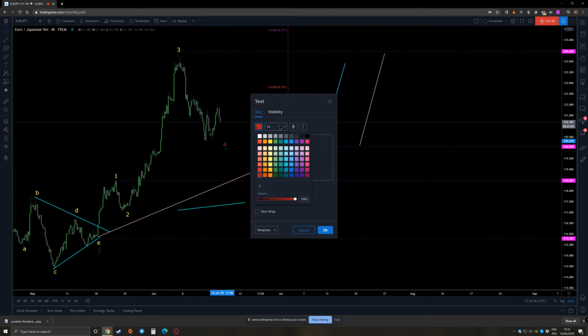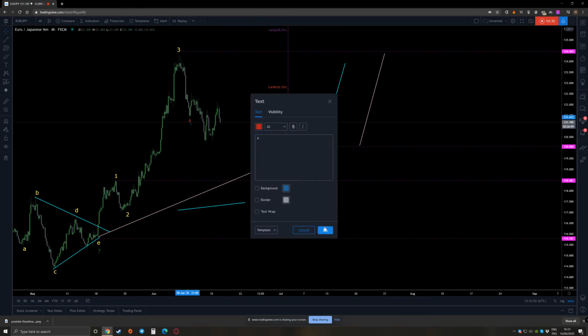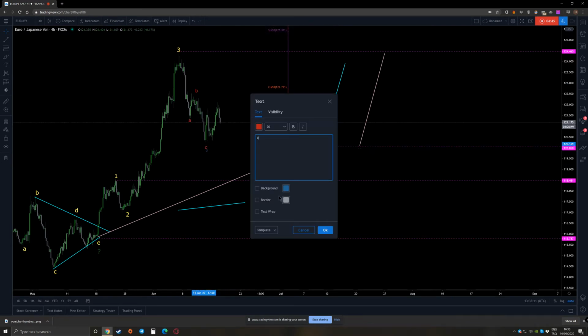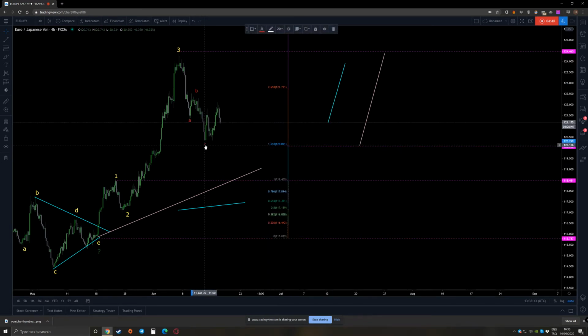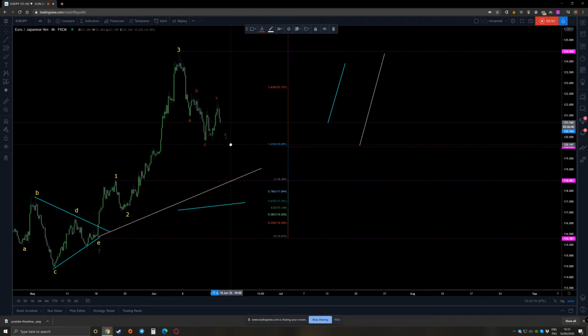So in one lower degree, now we should try to identify this fourth wave. Maybe something like this. Maybe wave A, wave B, maybe wave C. Okay, maybe somewhere here, maybe an X wave, and then maybe, for example, something like A, B, B, C, D, E. For example, this can be one of the possibilities, and this is where you should put your fourth